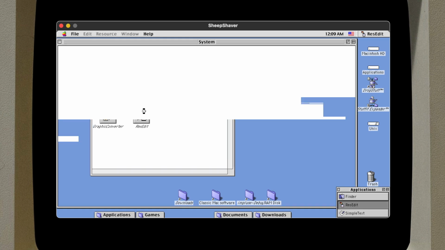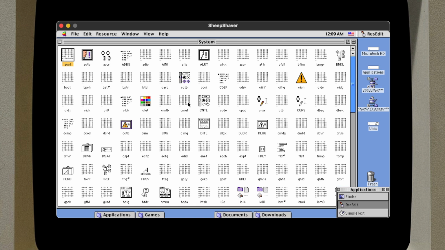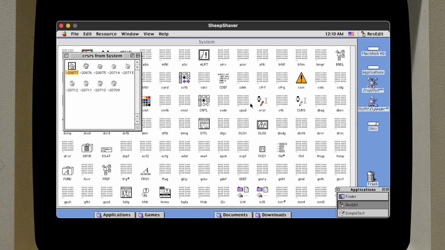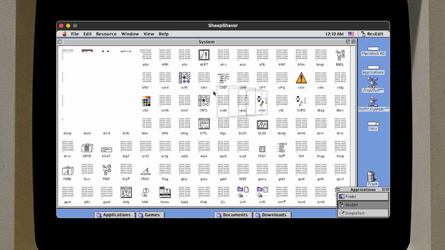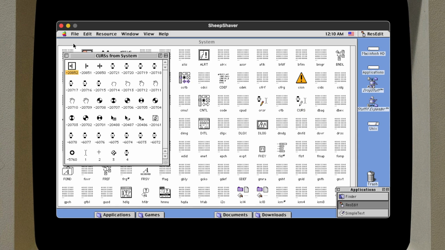First question, of course, is how are the icons stored? Most of them are in the System Suitcase. Pre-System 7, it was the system file, but it's the same thing. They just started calling it a suitcase. And there are a lot of interesting resources in here. There are color cursors. There are black and white cursors. Usually the all uppercase